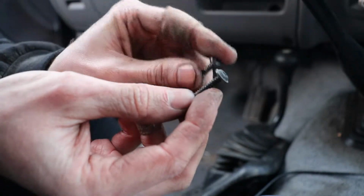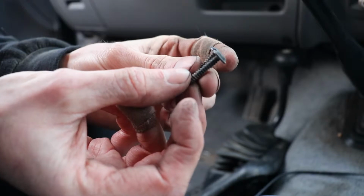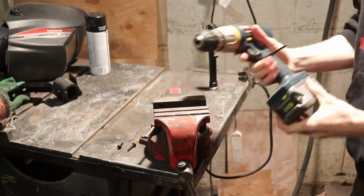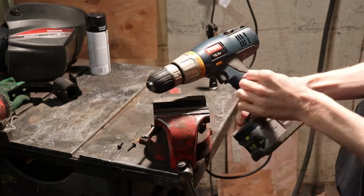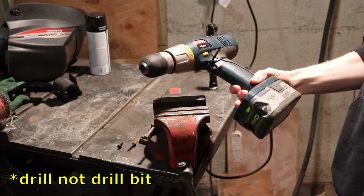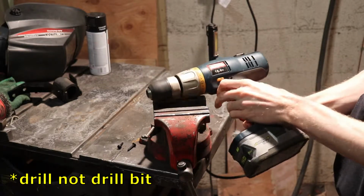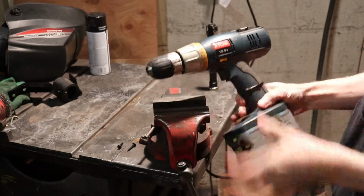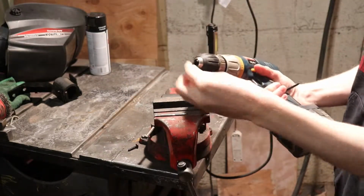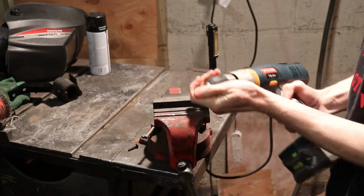They had another one that didn't have a flange, but it had a larger thread pitch, so I was worried it wouldn't fit. Since the flange on the new screw interfered with the mating part, I had to remove the flange. Alright, so to clearance this guy, first thing I did was I put a zip tie on my drill bit so that I can slide it up and use the power of the drill. So that's pretty cool. And then I got my screws here, so I'm going to go ahead and